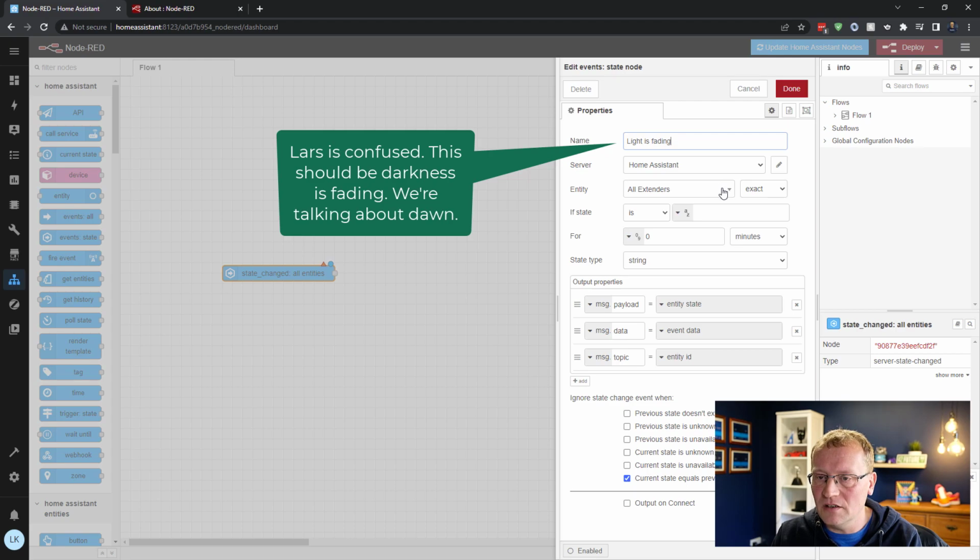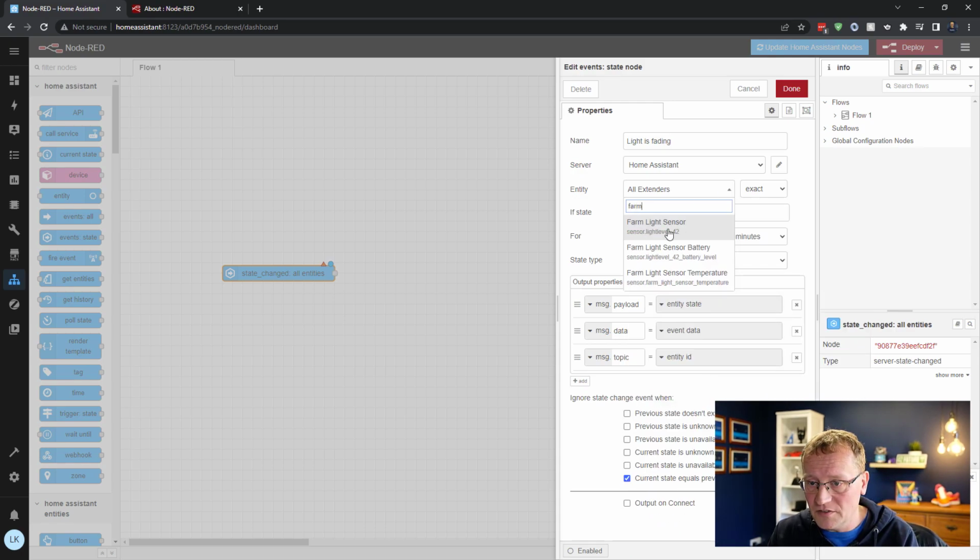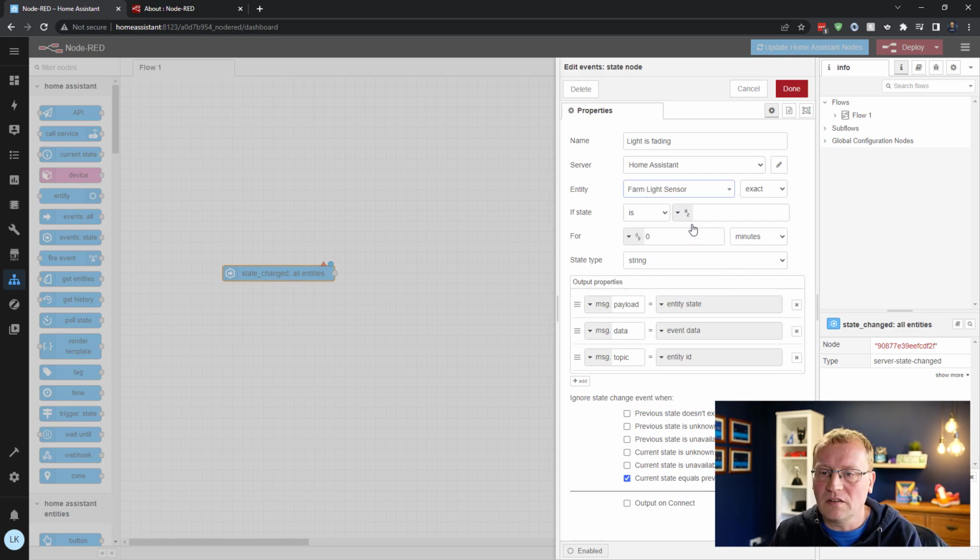And the entity, well, we want to see if we can find, actually let's search for farm light sensor. So there it is. It has 3 different properties. The sensor has the actual light level, it has a battery level and a temperature for the sensor, not the temperature outside. So the light level is what we want. Oh, so you can have an entity substring, so you can match on it. Yep, very good. And if the state is greater than, and then we're going to put 200, and then 4,